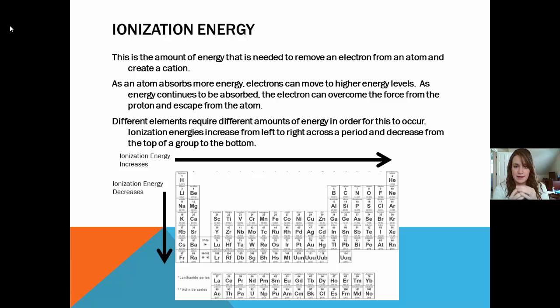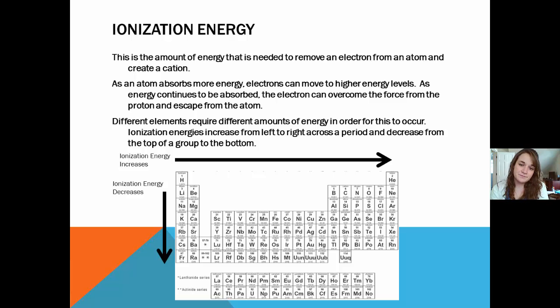Okay, so basically what happens is that atom is going to absorb energy, and one of those electrons that's moving around on the outside is going to get higher and higher in those energy levels until it gets so high and far away from that nucleus that it pops off and goes to another element. That's when we get a cation, because that atom gained so much energy that the electron was able to move to another element.